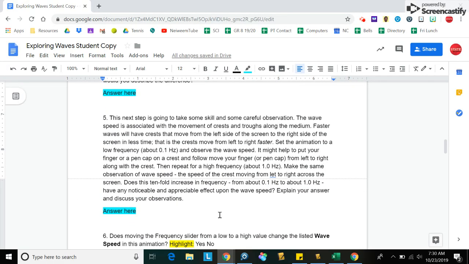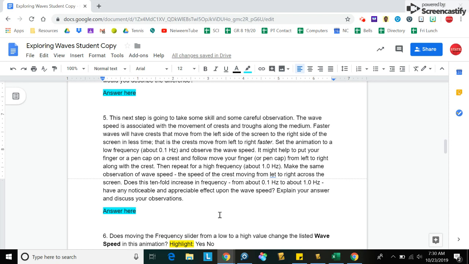Next step is going to take some skill and some careful observation. The wave speed is associated with the movement of crests and troughs along the medium. Faster waves will have crests that move from the left side of the screen to the right side of the screen in less time. That is, the crests move from the left to the right faster. Set the animation to a low frequency, back to about 0.1 hertz, and observe the wave speed. It might help if you put your finger or a pen cap on a crest to follow, move your finger or pen cap from left to right along with the crest. Then repeat for a high frequency,